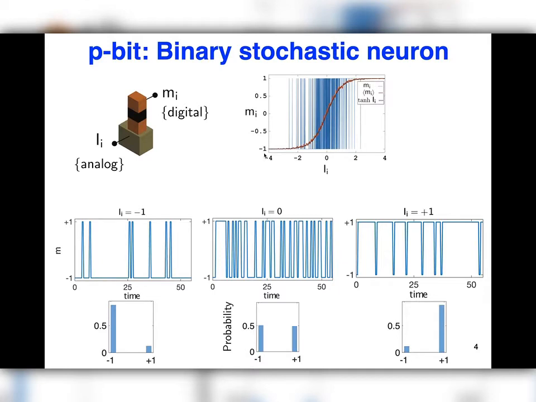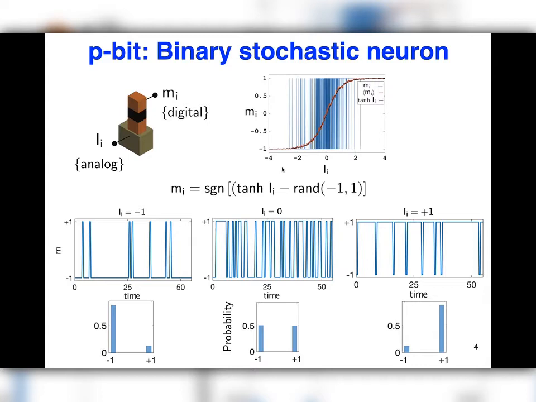And if you sit at any one of those points and take an average, we design the p-bit so as to give this sigmoidal or hyperbolic tangent-like shape, which is this S shape that is common in a lot of these neural networks, okay? And mathematically, you write it like this, that you say that I'm taking the sign of a number that's being compared to a random number that's changing between -1 and 1, and depending on the analog input, you get these different probabilities.